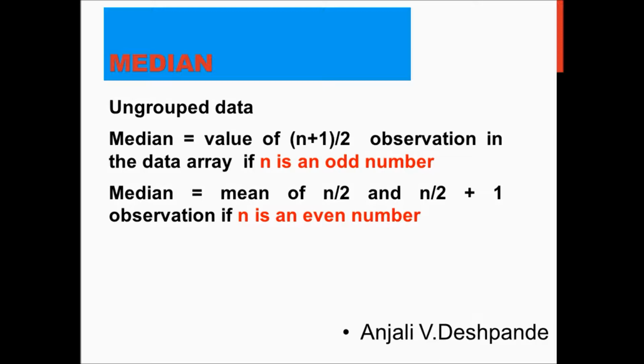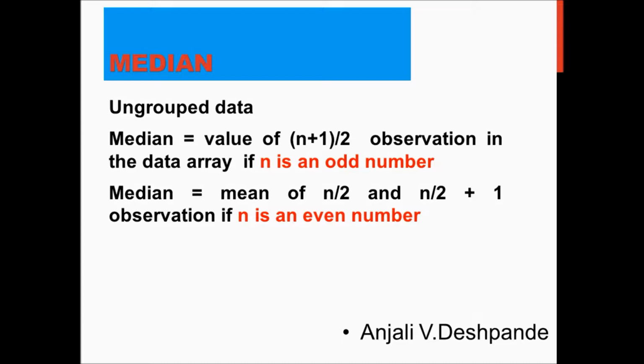But many times we want to take some precaution against the influence of a few outlying observations, which are called outliers. And sometimes we also need to measure qualitative characteristics of the data set, such as honesty, intelligence, consumer acceptance and so on. In all such cases, there is another measure of central tendency, called the averages of position, and these are the median, the quartiles, the deciles, the percentiles and the mode. These are called positional averages.